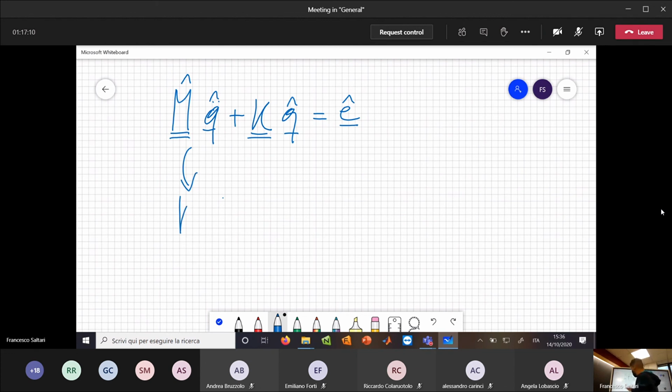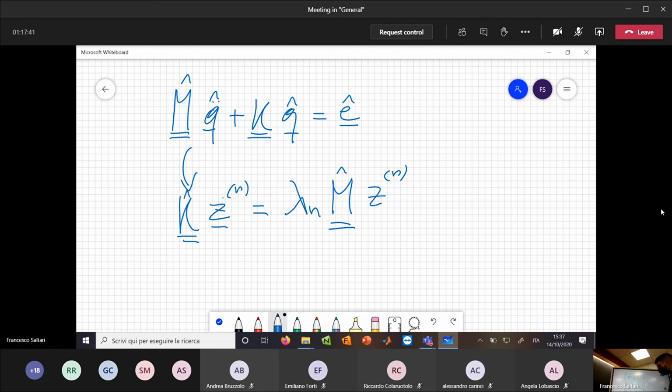So we have K multiplied by an eigenvector zn that is equal to the eigenvalue lambda n multiplied by M multiplied by zn. Okay, these provide two objects. These objects are